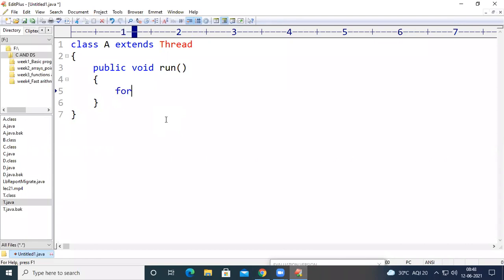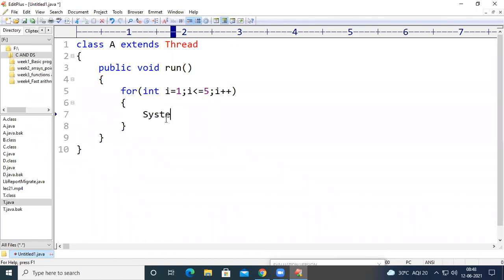So here, for instance, let us consider for int i equal to 1 and i less than or equal to 5 and i plus plus. I'm writing the code in such a way that this is going to print the numbers from 1 to 5.